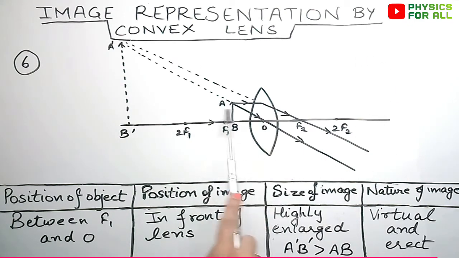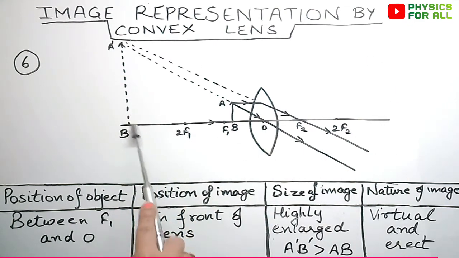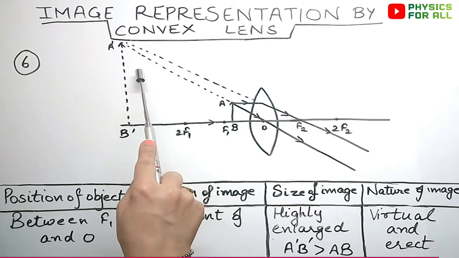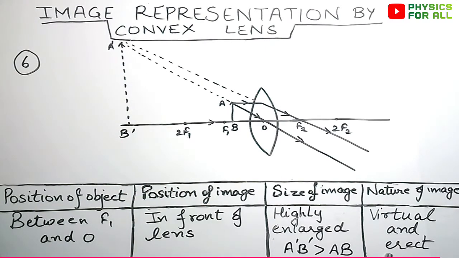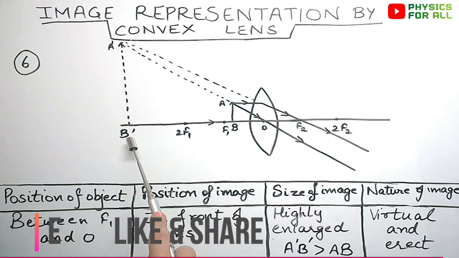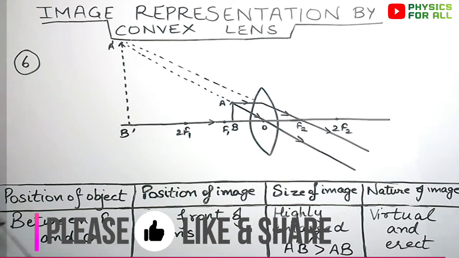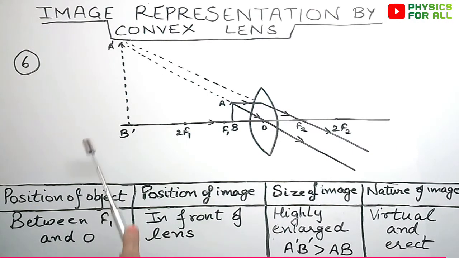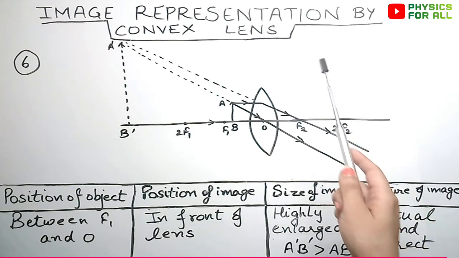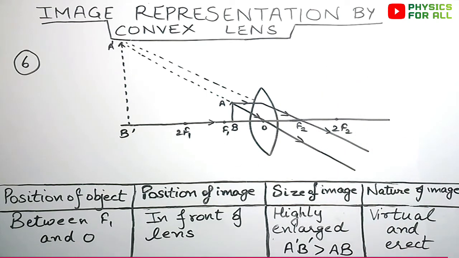Here, as the image is forming above the principal axis, it is going to be erect. And whenever we have an erect image, that is a virtual one. There is no doubt about that. So we get a virtual and erect image. The image is forming to the left of the lens, so it has to be virtual and erect. This whole case is similar to the case we obtain in case of concave mirror, the last case of concave mirror.